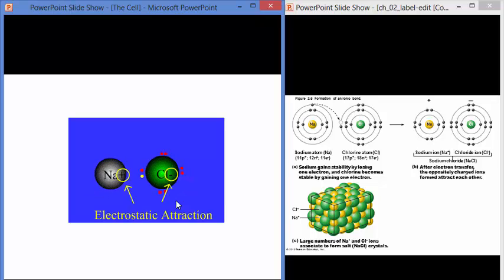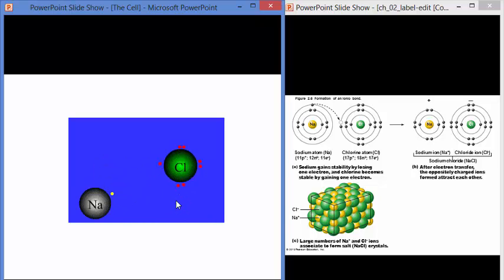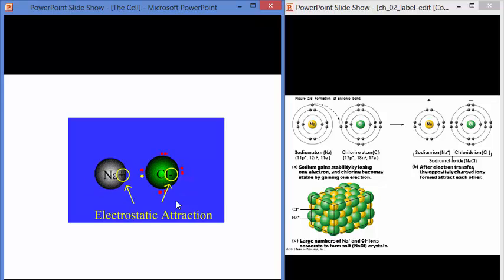So this is neon. It has the first shell can hold 2, second shell can hold 8. So in the first shell it has 2, and in the second shell it has 8. So it will have no need to want to react with anything else because its electron shells